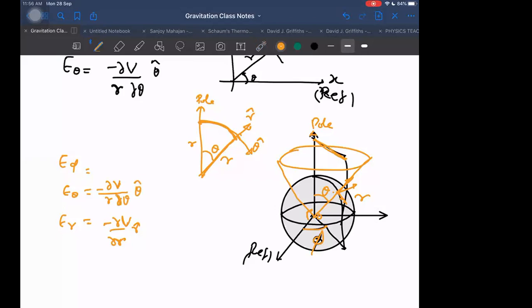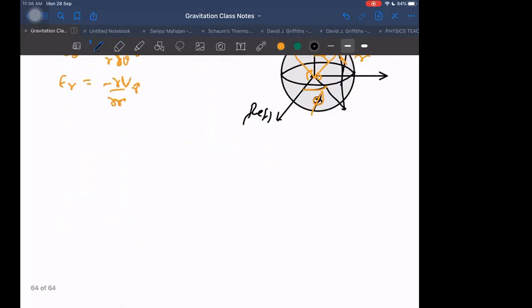And E phi is different now. E phi is a little tricky here. For that only I was thinking, should I take it or not? Tell me, can you tell E phi or not? Phi means, first of all, here into the plane. Why into the plane? To visualize phi.